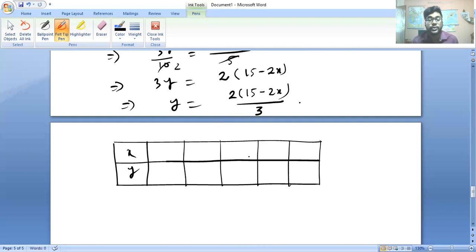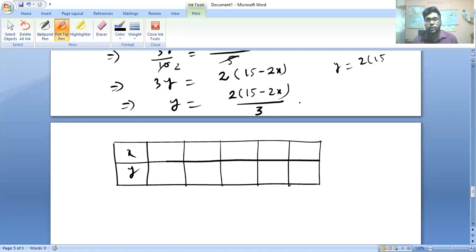How to find the solution comes in the next lecture. First, you just understand this one. We will take the value of x so that the value of y comes as an integer and not a fraction. We will try to achieve that. That is our goal. Suppose I put x equal to 0. If I put x equal to 0, then y comes as what?